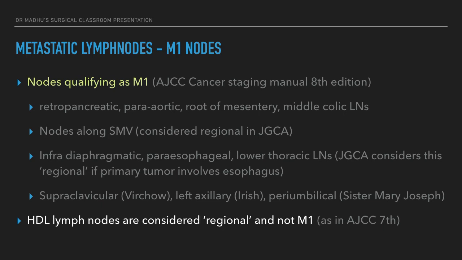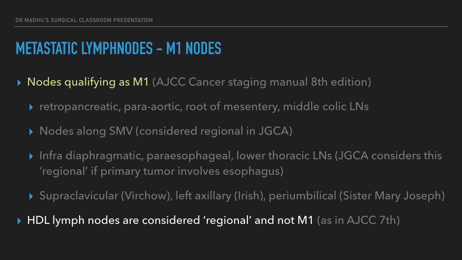Another place where the Japanese Gastric Cancer Association differs is infradiaphragmatic, paraesophageal, and lower thoracic nodes in a patient when the primary tumor involves the esophagus. In this particular situation, the Japanese group considers these nodes as regional rather than metastatic. For example, in a patient with a proximal gastric cancer with distal esophageal involvement and a periesophageal lymph node, this is still considered regional rather than an M1 node according to the JGCA. Other distant nodes are supraclavicular, the Virchow node, the left axillary node, and the periumbilical node, which is the